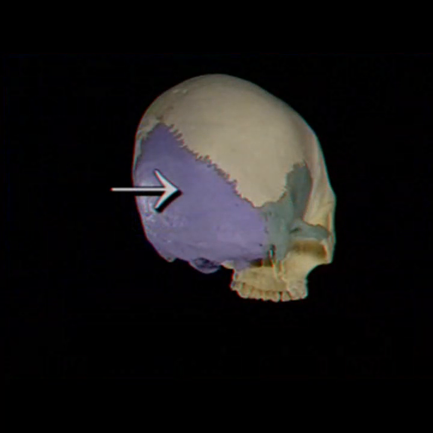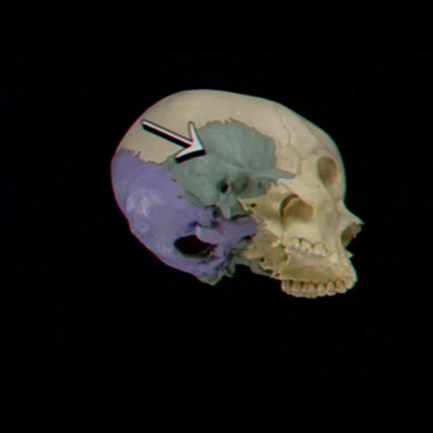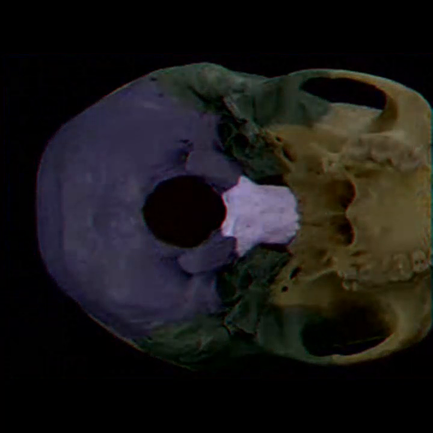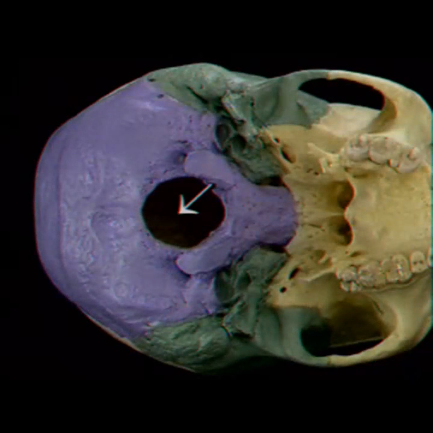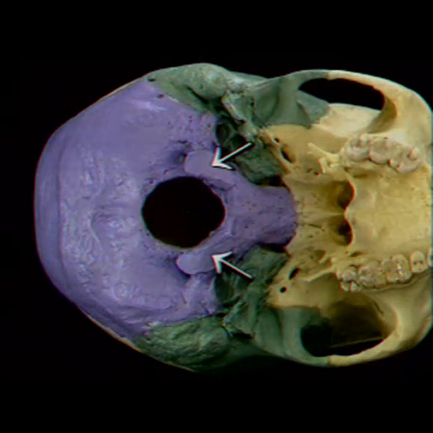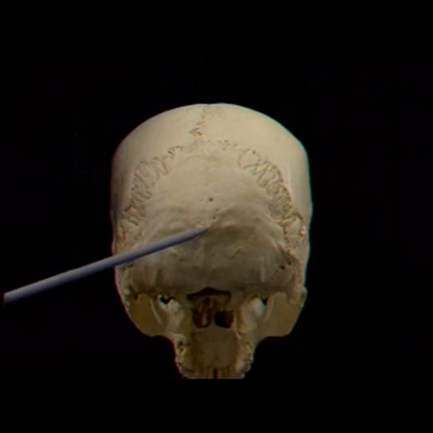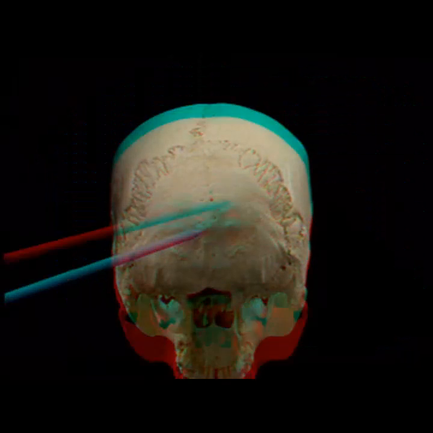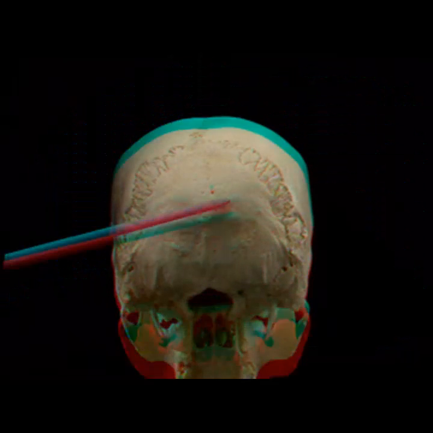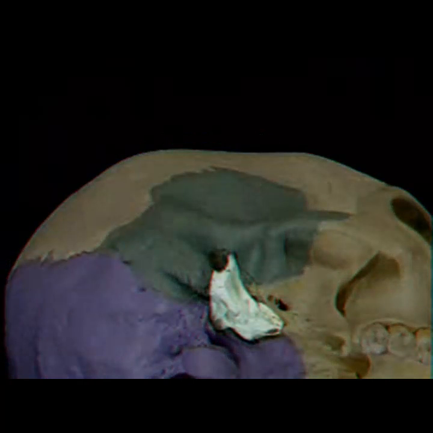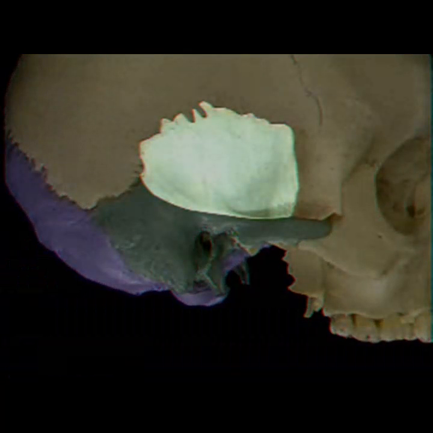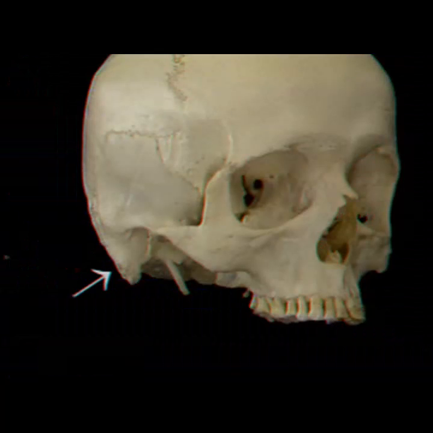Here's the occipital bone and the temporal bone. Here are the basal part and the squamous part of the occipital bone. The foramen magnum, the occipital condyles, the external occipital protuberance, the superior and inferior nuchal lines. On the temporal bone, here's the petrous part and the squamous part. Here are the mastoid process,